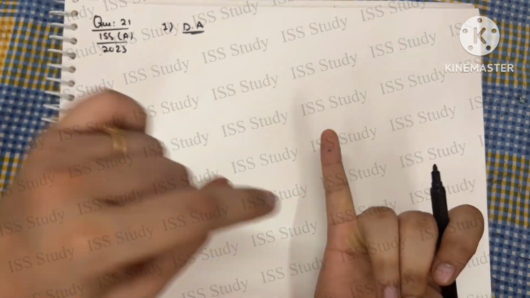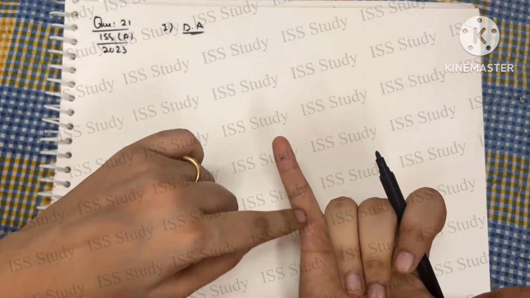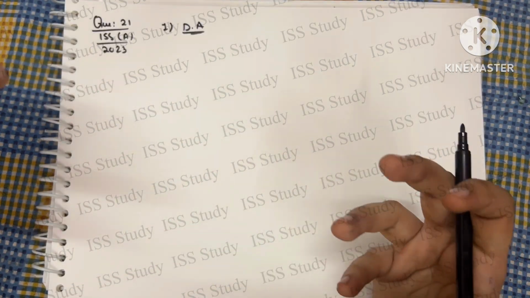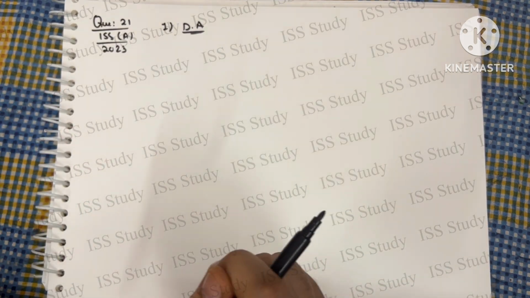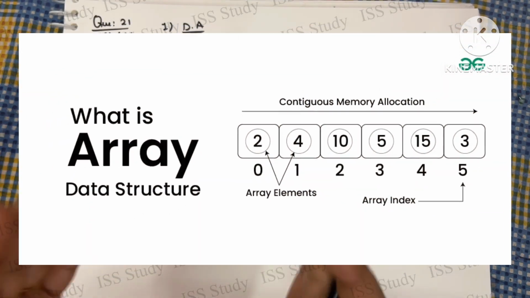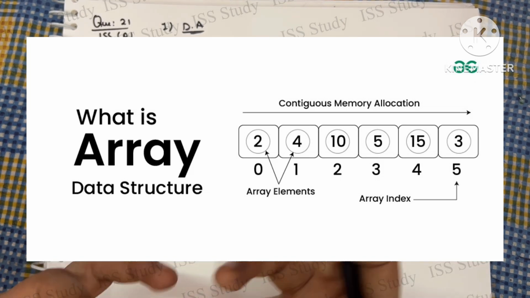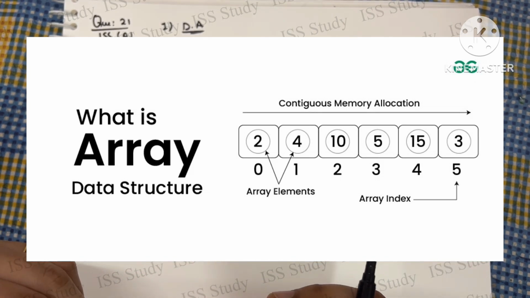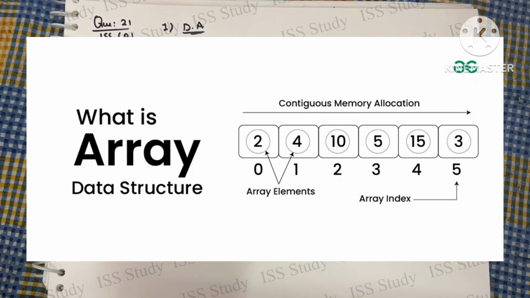So basically what is a data array? A data array is a collection of elements, typically of the same type. Same type means it can be numbers, letters, or words, right? And these are arranged in a specific order. It is mostly used in programming and data analysis to store and manage a set of values very efficiently. In an array each element is defined by an index or a key, and using that key you can access that number. It allows you to easily access any number in that array. Also it can help you in the manipulation of the data. Okay, so this is the important point.